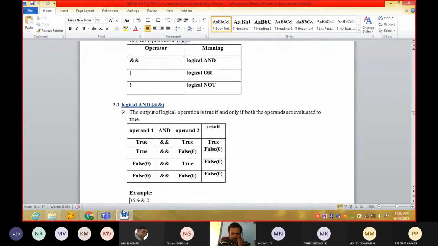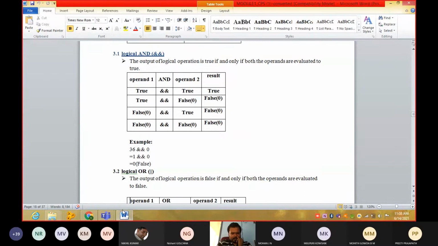This is the AND gate. This is the OR gate. First you go through the AND gate. True and true, true. True and false, false. False and true, false. False and false, false. This is logical AND.